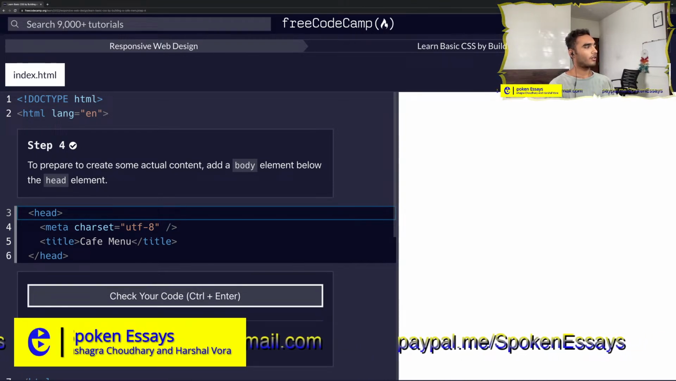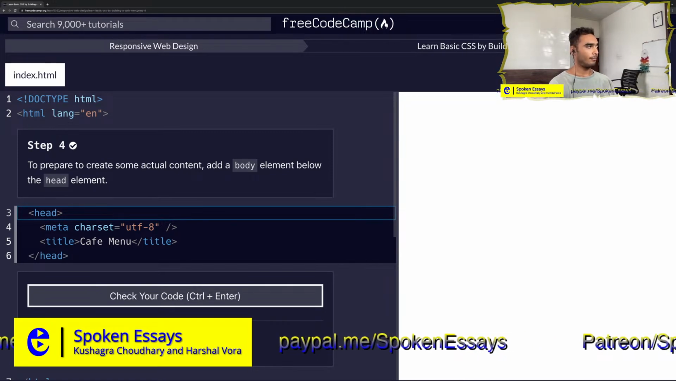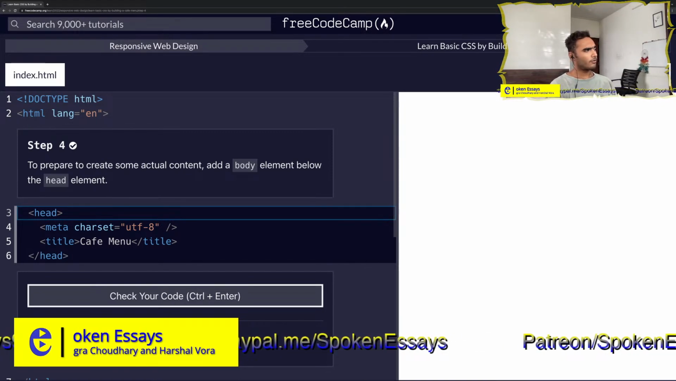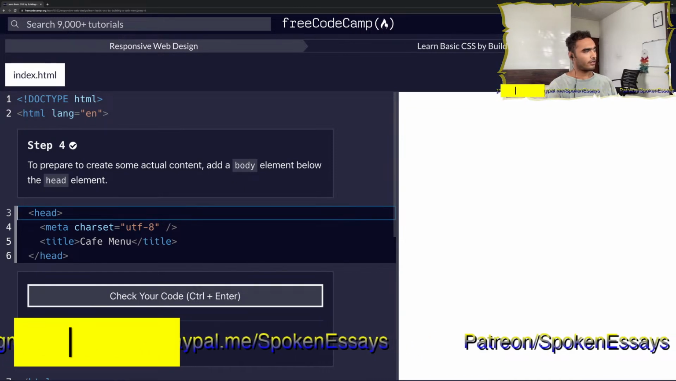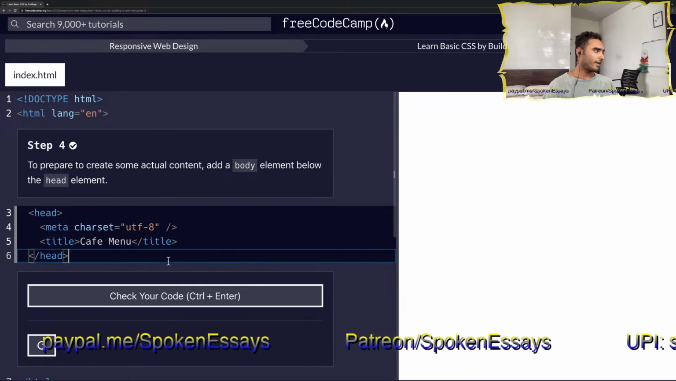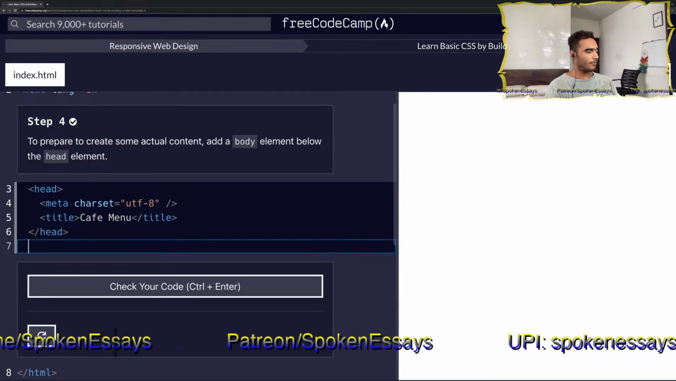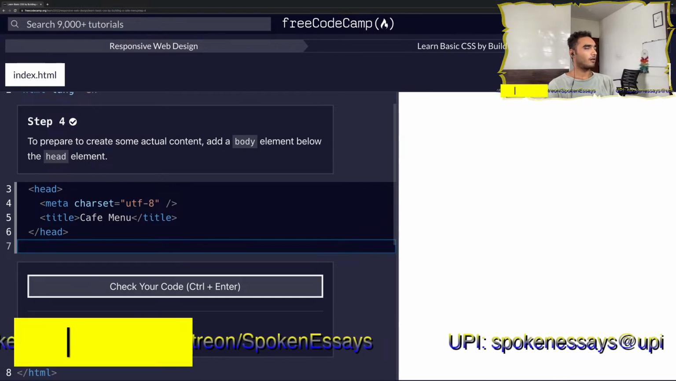To prepare to create some actual content, add a body element below the head element. So to prepare to create some actual content, add a body element below the head element. Yep, so that's where everything that we're going to show will be